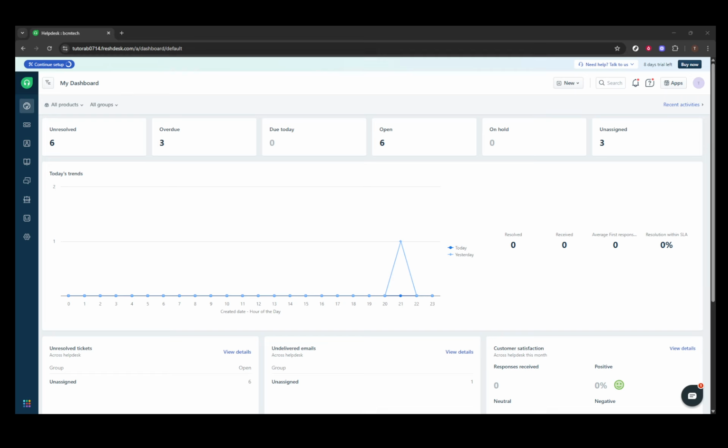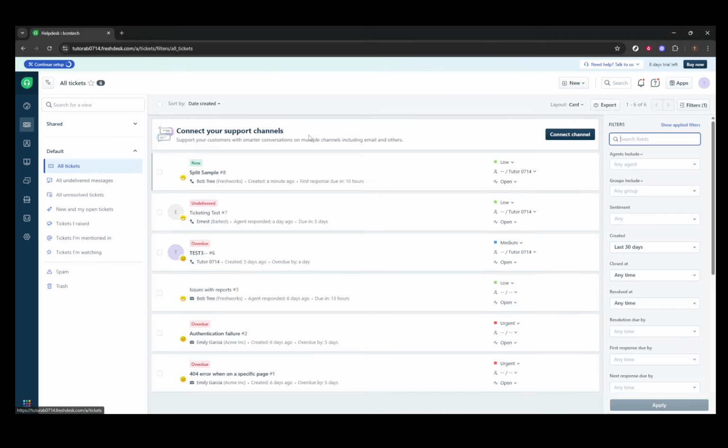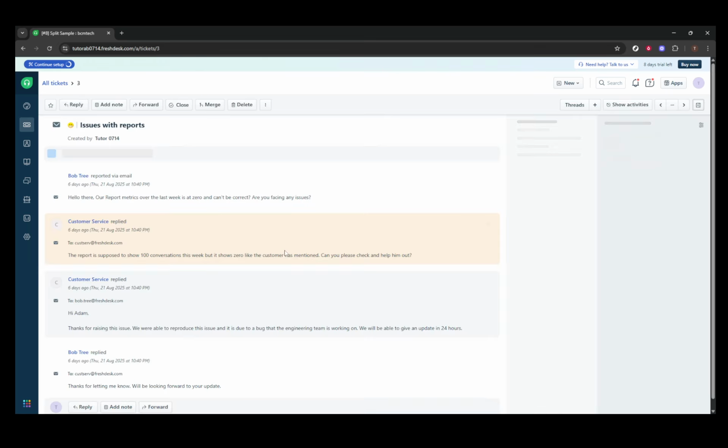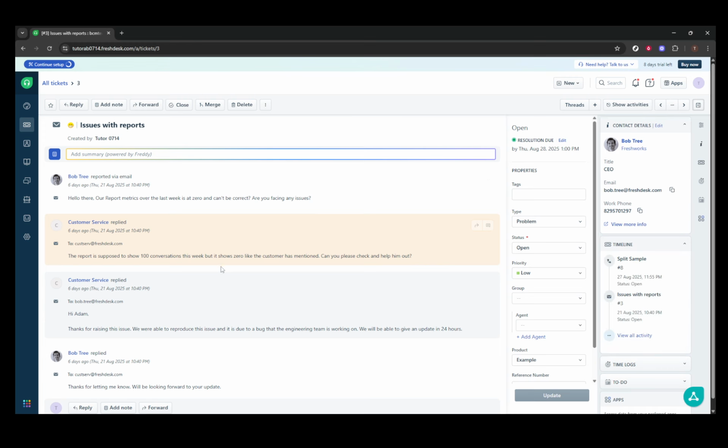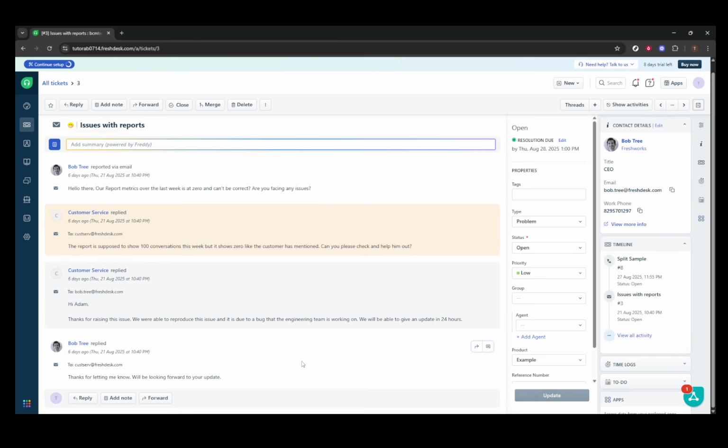To start, you'll want to open the ticket that contains the unrelated reply. Think of this as first hunting down where the query has nested before it starts branching out into areas it's not supposed to be in. It's like decluttering a conversation so that each distinct issue can be addressed properly. Navigating to the right ticket might seem straightforward, but it's the crucial first step in taking control of your ticketing